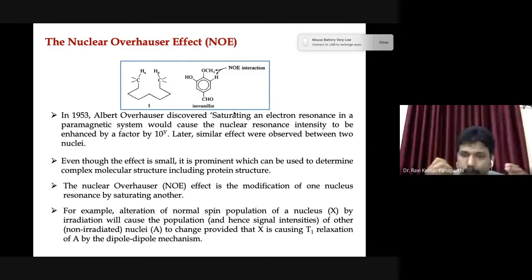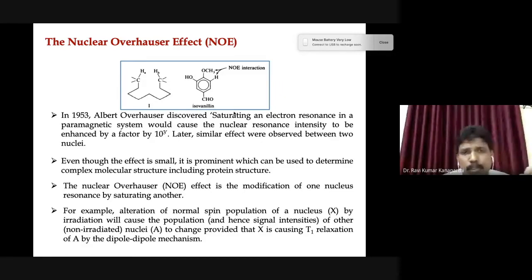Technically, this is a relaxation process. The nuclear Overhauser effect is primarily seen because of the dipole-dipole interaction. When the dipoles are interacting, spin relaxation takes place,